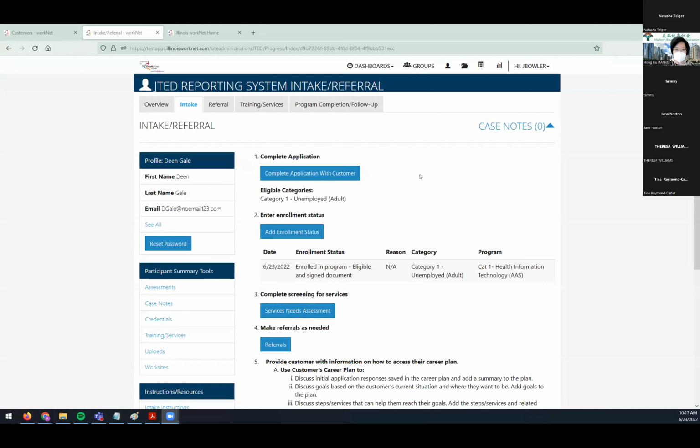And what I wanted to show you was, one, how the information that you have set up behind the scenes, like the grantee provider information, impacts the intake part of it. And then we'll switch over and go over those grantee details and the information that needs to be added